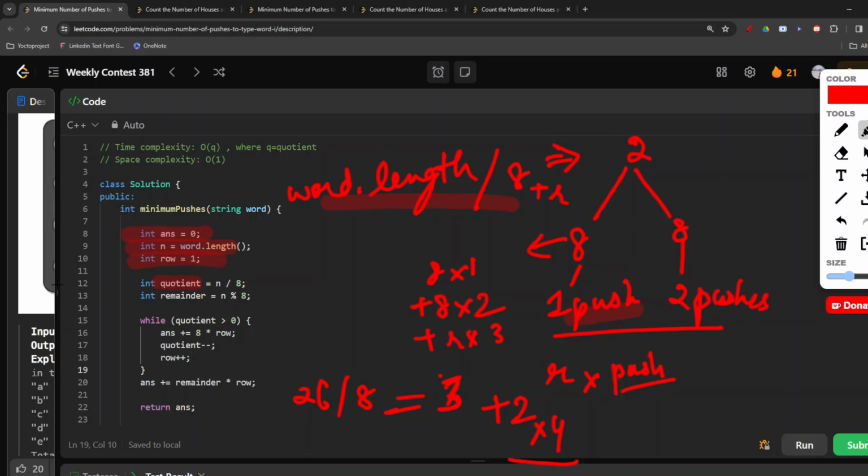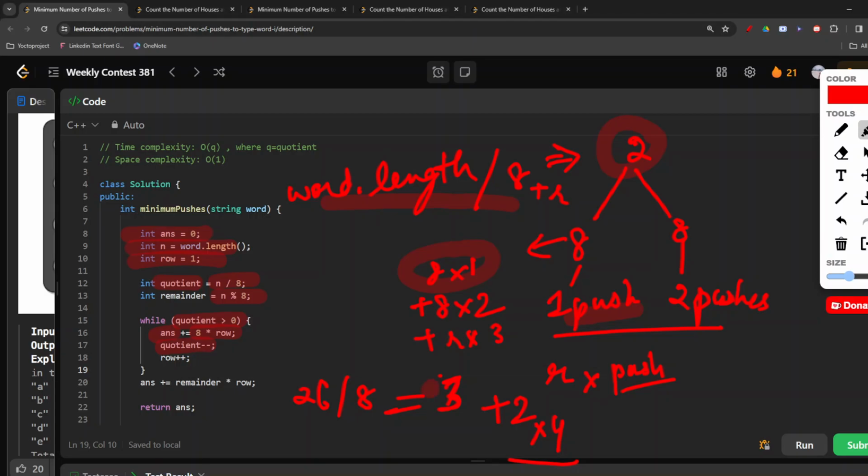So here we are calculating our quotient, because this 2 which we are getting is our quotient, right? So n divided by 8, and whatever remainder we get by doing the modulo by 8, right? Now here we will be checking that till this quotient is greater than 0, what we will be doing is 8 multiplied by row, the same thing we were doing here, 8 multiplied by that number of push, and we will be adding that to our answer. And as at this particular point all 8 keys are covered, we are just decreasing the quotient count,